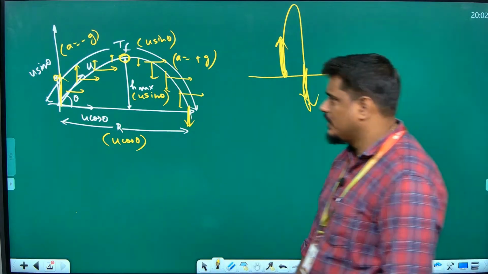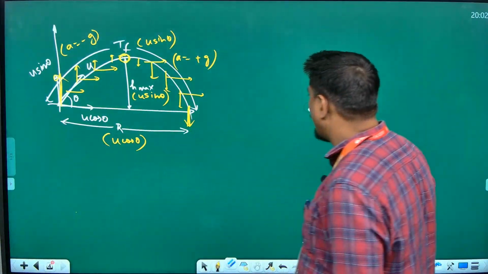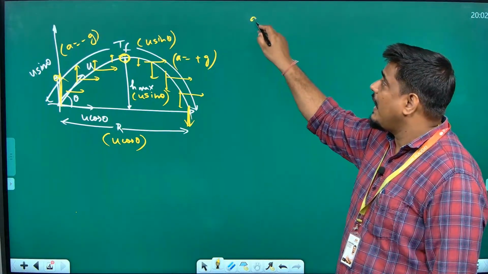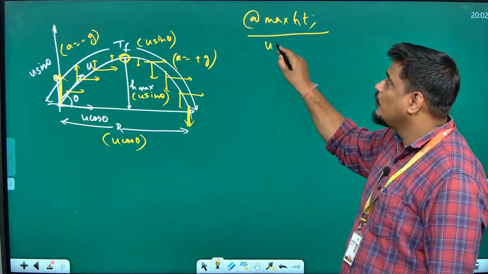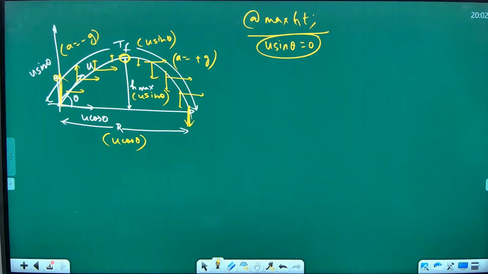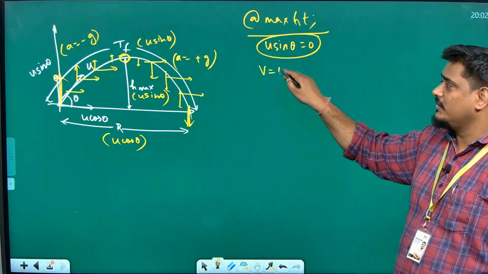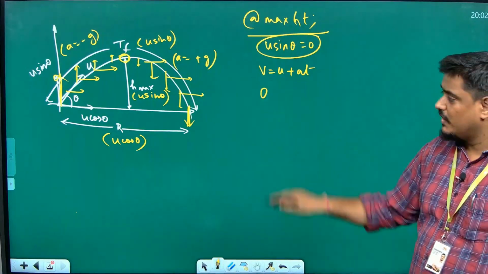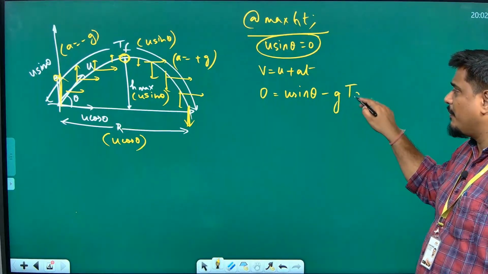Okay, one by one. First, let us talk about the time of flight. For that, I will take the help of half journey only, because I know that at maximum height, the vertical velocity is 0. Do you agree with me? What is the formula? V is equal to u plus at. V is 0 at the maximum height. U is u sin theta against the gravity, so minus gt. And t will become the time of ascent. Do you agree with me?